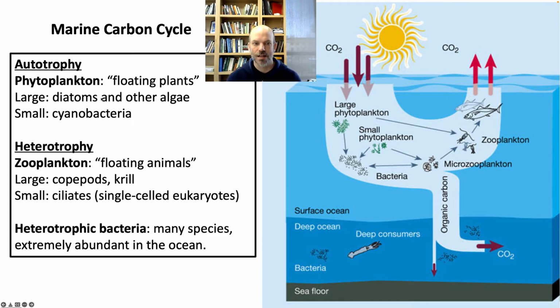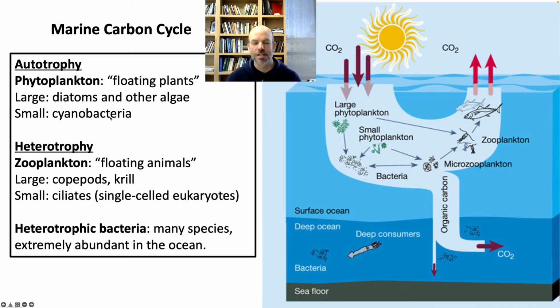These include diatoms and other things that you can call algae. Algae is not a very good taxonomic term anymore, but it's still a useful term. I still use it. And then the small phytoplankton are cyanobacteria. So these are single-celled bacteria that do photosynthesis. Cyanobacteria are the ancestors of chloroplasts. So diatoms and other eukaryotes that do photosynthesis, they do so because they have chloroplasts, and the chloroplasts came from